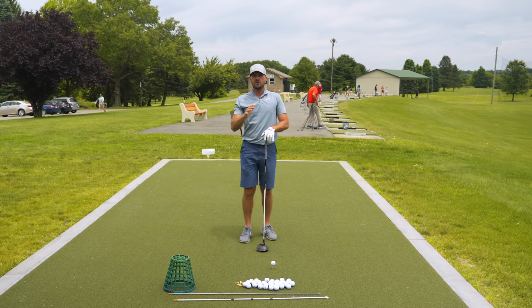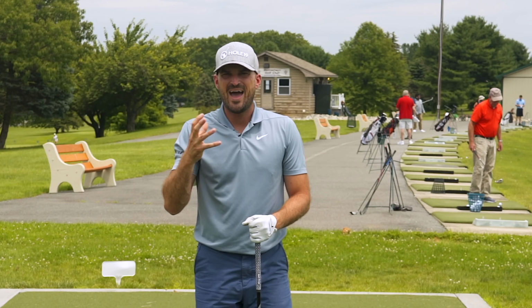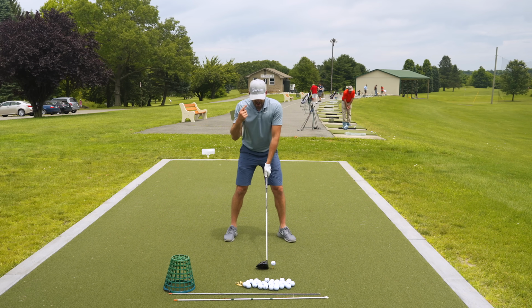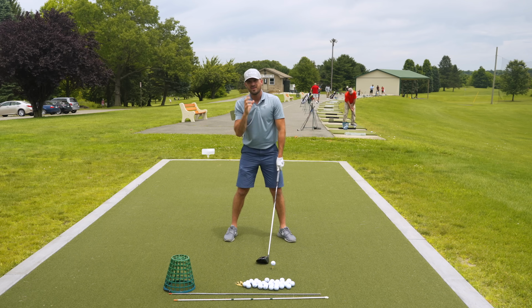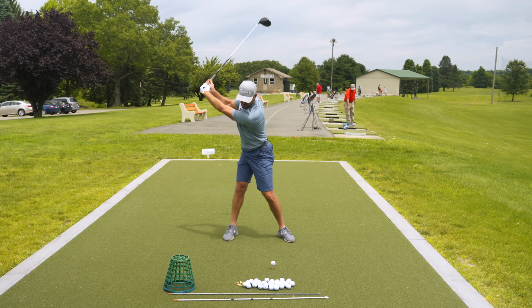attack. Okay, so during the downswing to help increase the angle of attack or hit more up on the driver to hit it farther, there's really one key point that you should focus on, and that is where your head is in space. And what I mean is, if you watch guys or gals from face on, how far forward towards the target or away from the target their head is during their downswing will have the biggest influence on